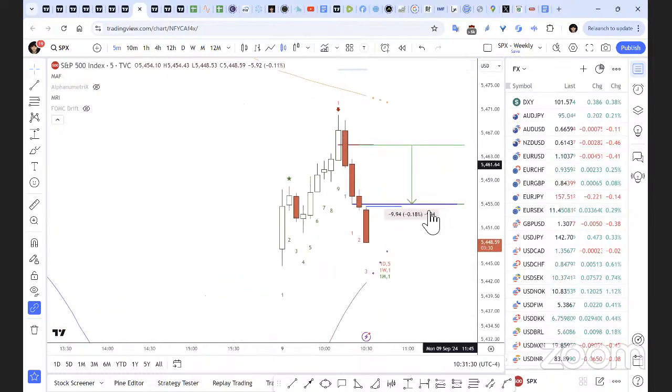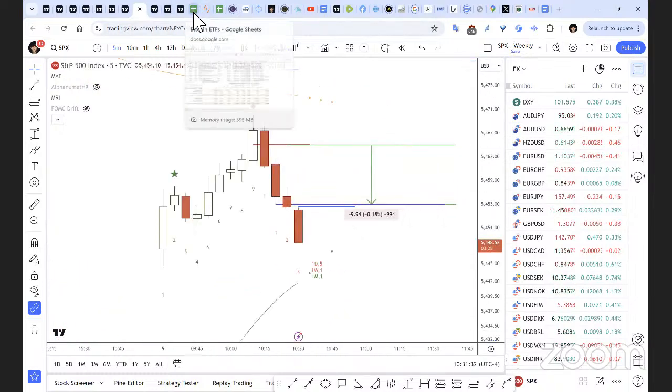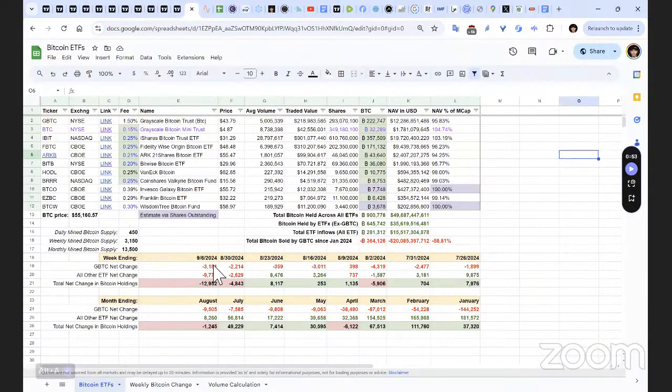Okay, so last candle I'll stick with you guys on, and then we're gonna get going. The ETFs. The ETFs did not do good last week. There was a combined 13,000 Bitcoin that got sold across the ETFs. But, and there's a big but,